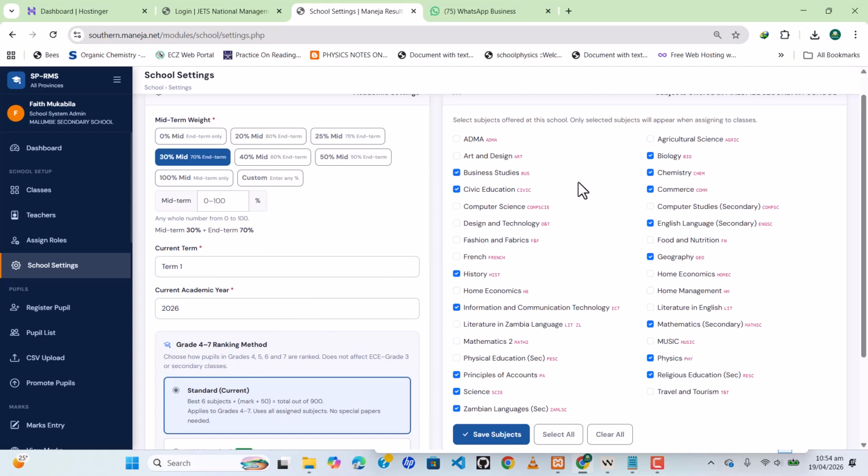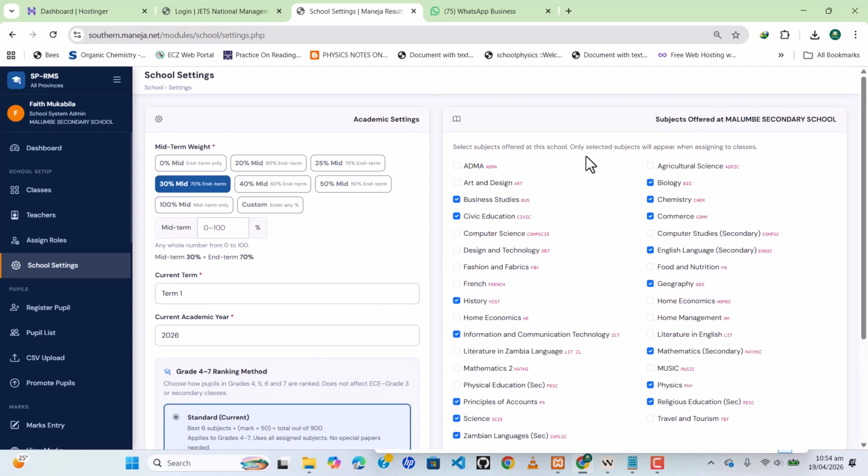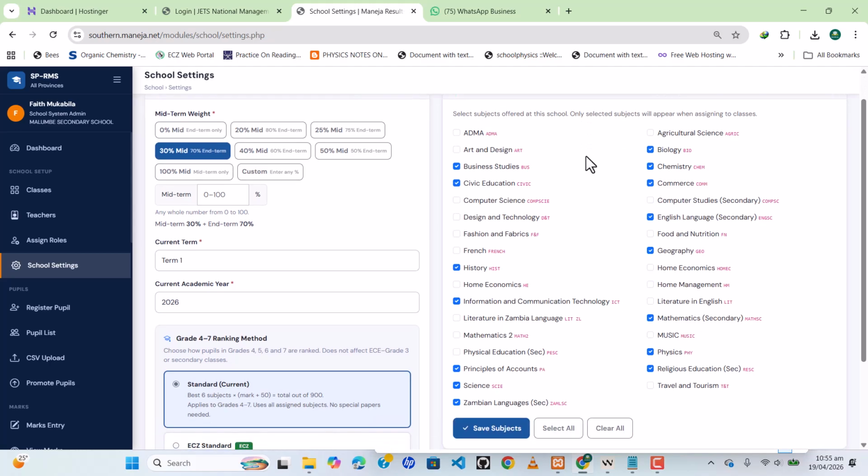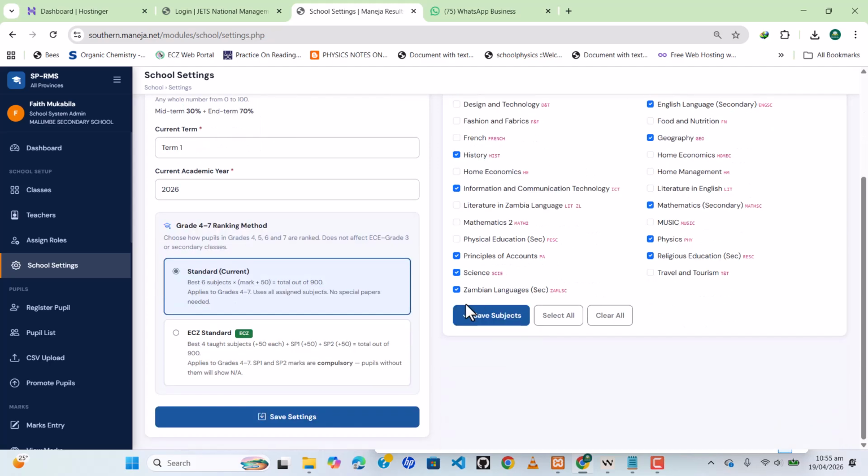Then on this side you select the subjects that are being offered at your school. And then after that, you save the subjects. You also save the settings that you have made. Actually, start by saving the settings first, then select the subjects and save them also. After you are done with that,